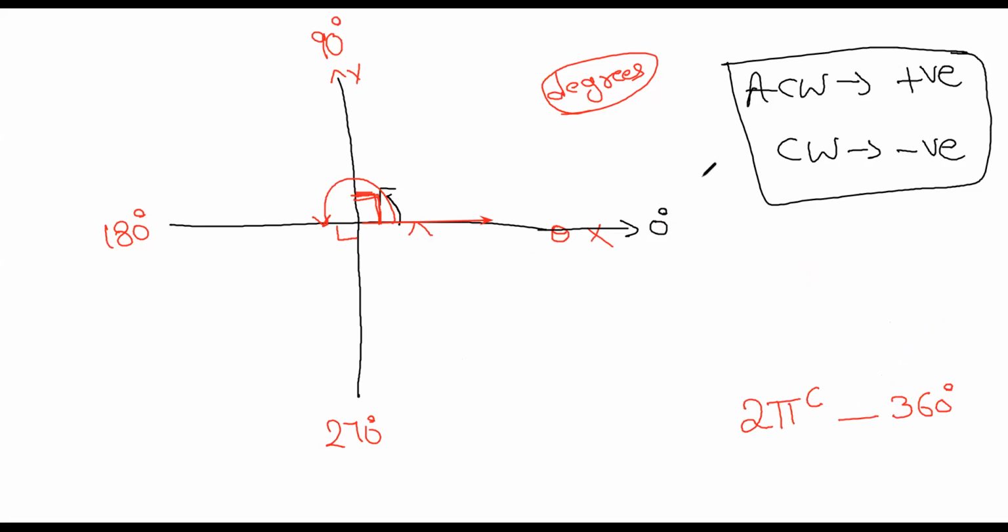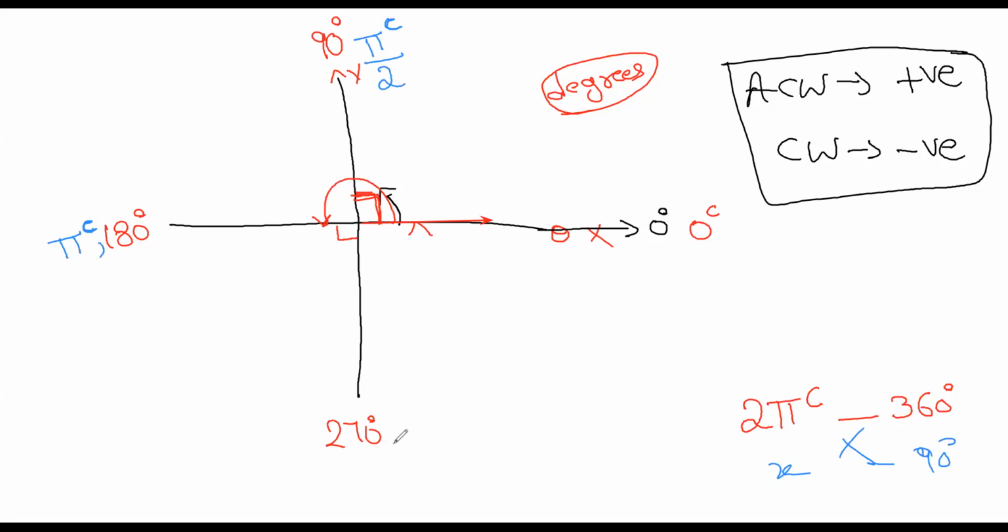Now 0 degrees is nothing but 0 radians itself. We'll use blue color. What is this 90 degrees? Same thing if you calculate. This is 90 degrees, this is x. If you cross multiply, you will get pi by 2 radians. Now 180 degrees is represented as pi radians, not 2 pi. 2 pi is 360. Sorry, 180 is pi radians.